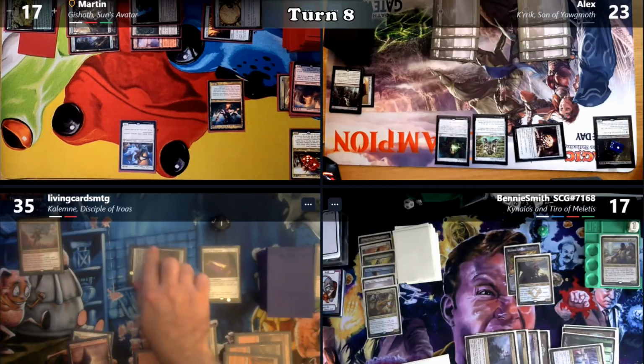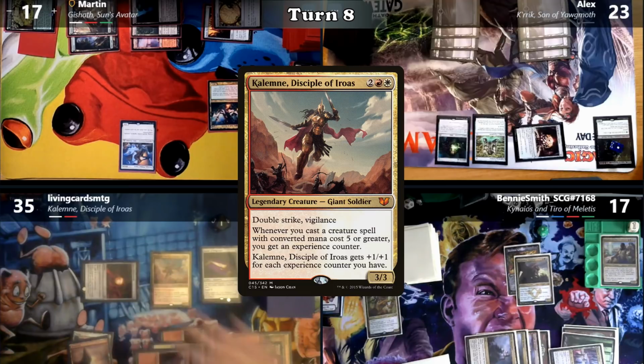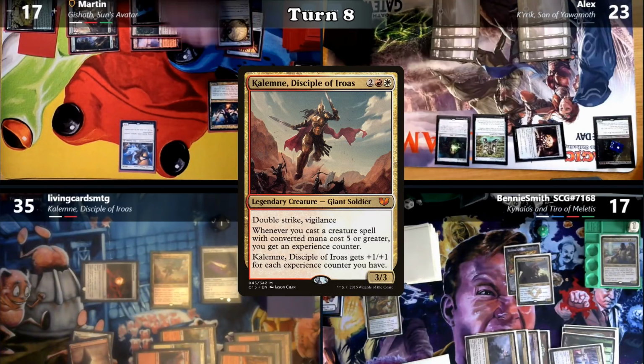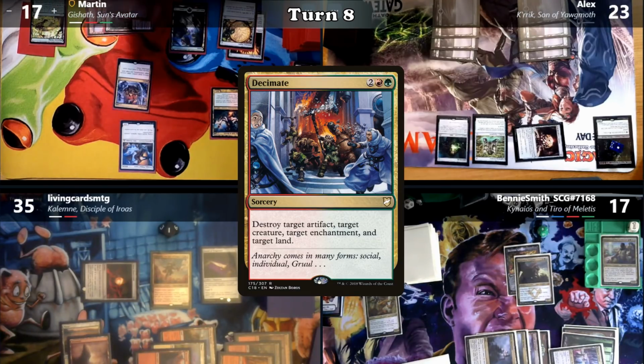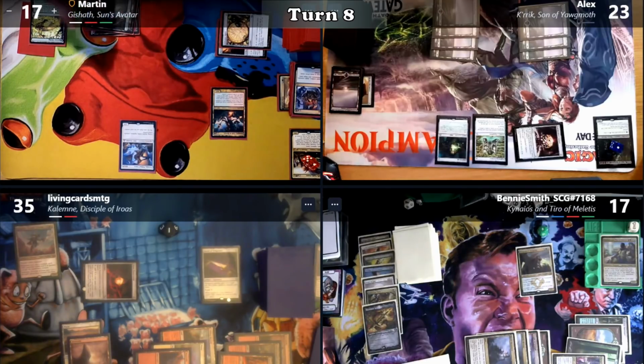Jeffrey plays a mountain and casts Kalemne for the 3rd time this game. Out of mana, he passes the turn. In my turn I cast Decimate, targeting Kalemne, Black Blade Reforged, one of Alex's swamps and Xenagos. Each of the targets other than my god are destroyed given that he is indestructible, and I cast Samut the